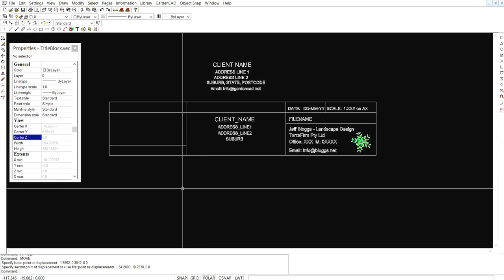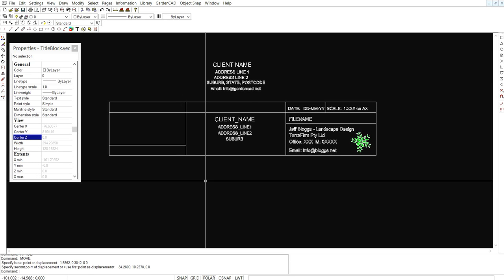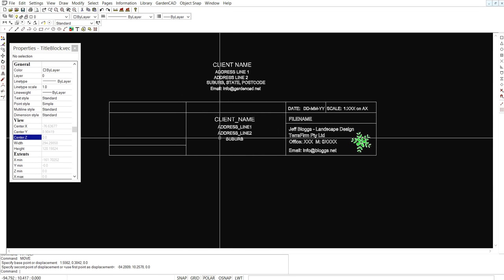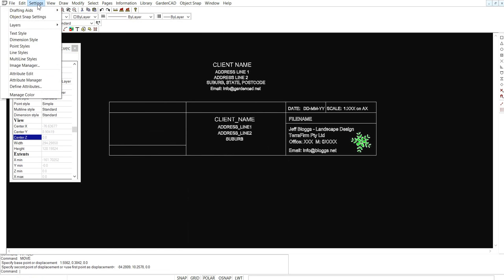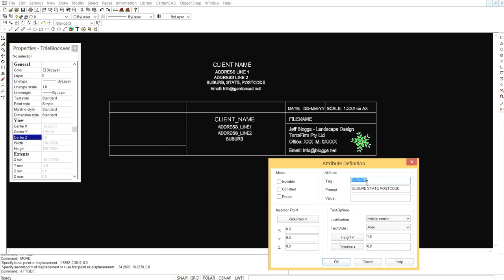In order to make a title block much more flexible, it's a really good idea to have the text that you want to change often in title blocks, as you would when you work for different clients, have that text as what are called attributes. And so you define an attribute by settings and define an attribute, give the attribute some sort of tag. This would be client